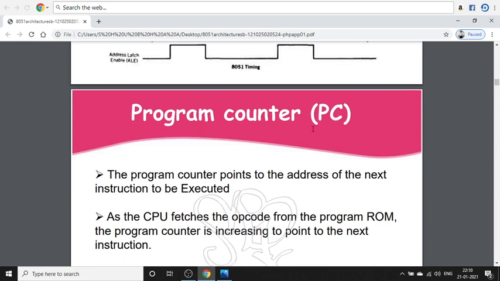We have the program counter register, and the program counter points to the address of the next instruction to be executed.